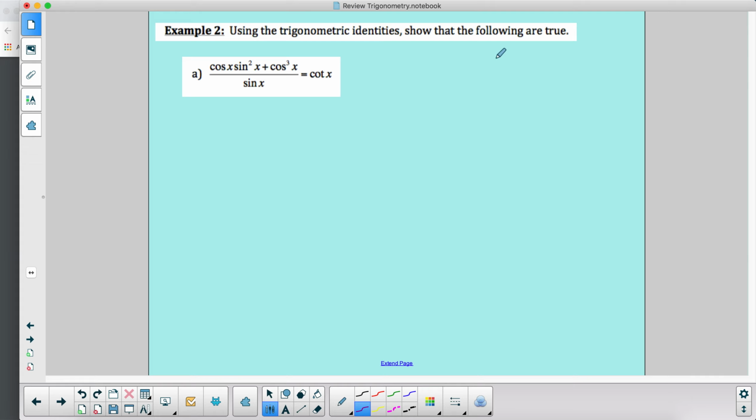Another thing that you guys could do might be factoring. The other one could be simplifying. So when I look at this problem, I see that in the numerator, I could factor out a cosine. So I'm going to factor out a cosine from the numerator. If I do that, I have sine squared of x plus, if it's a cosine cubed and I took one out, I now have cosine squared of x all over sine of x,